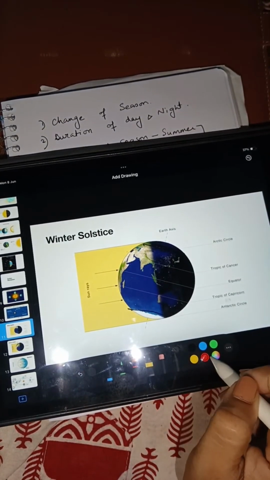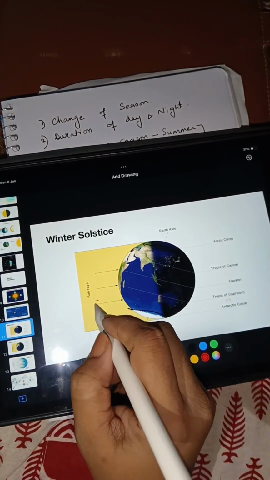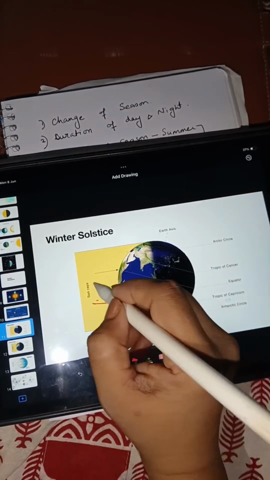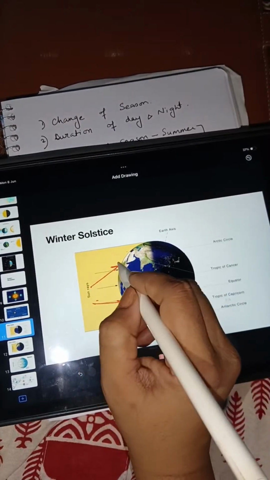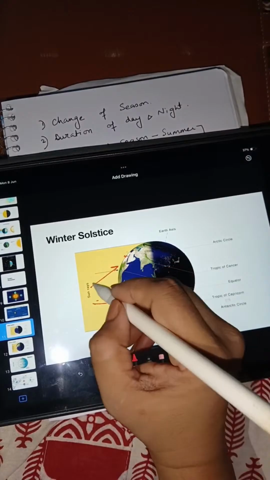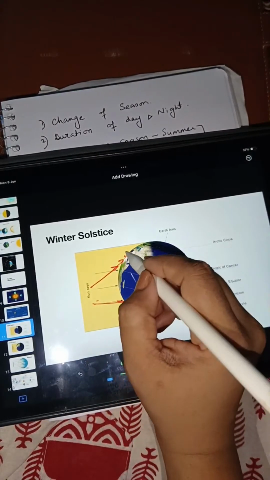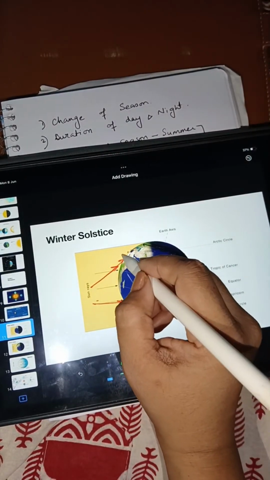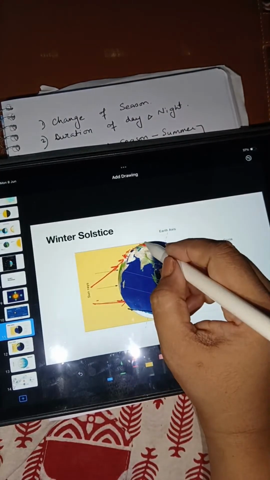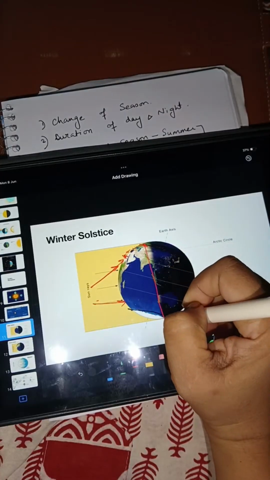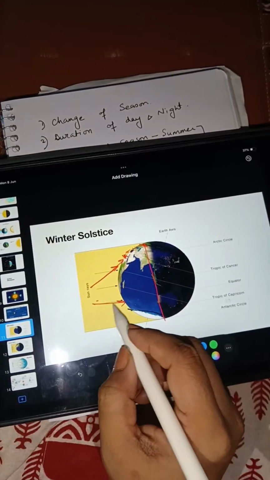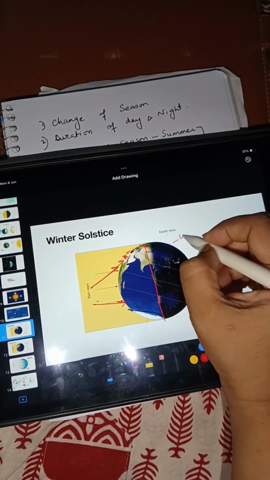The southern hemisphere is getting direct sun rays, whereas the Tropic of Cancer is getting slanting rays. As it is getting slanting rays, you can see how far the distance has become, and more above the tropic it is more black. The same thing happens with the shadow circle, so here in the northern hemisphere we are getting winter,